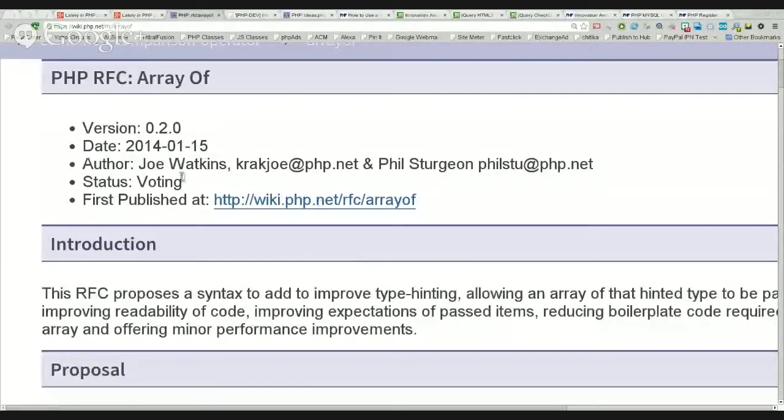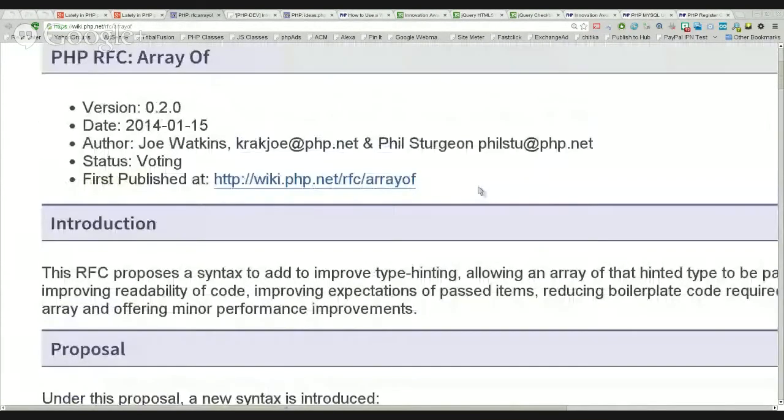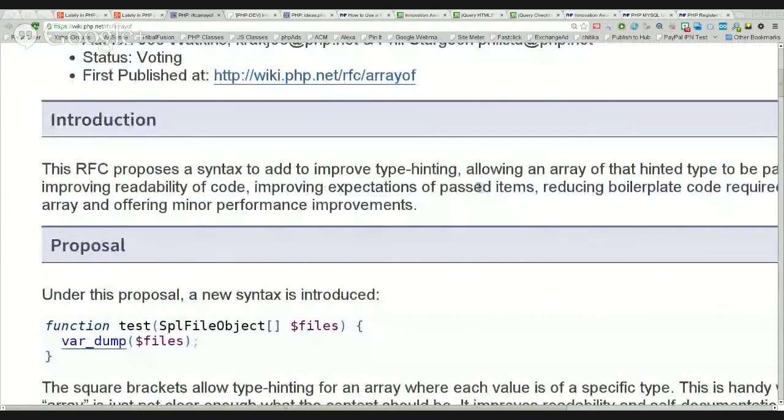Well, and talking about that, there is another proposal, this time by Joe Watkins and Phil Sturgeon. It's a sort of extension of the type hinting support that PHP already provides. This time they call it array of, meaning, from what I understood, they would check the types of an array element, an array parameter that is being passed to a function. I'm not sure if this is going to pass, because it's unlikely. Why do people have the obsession of turning PHP